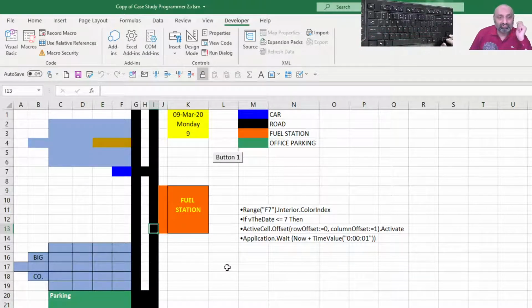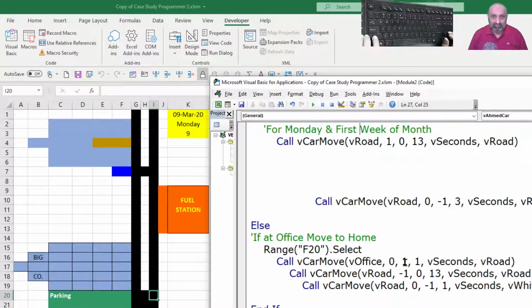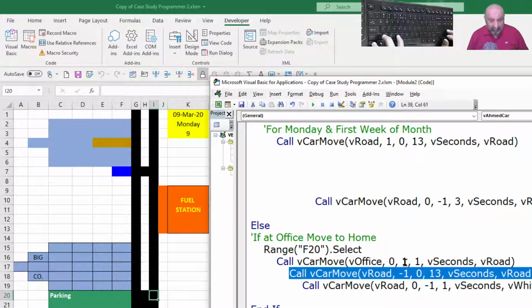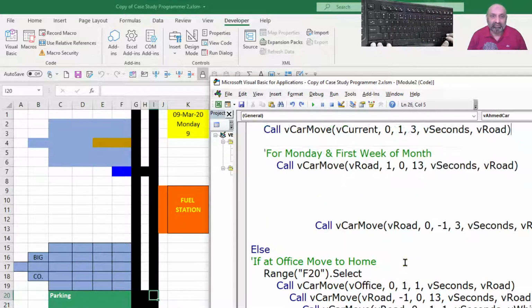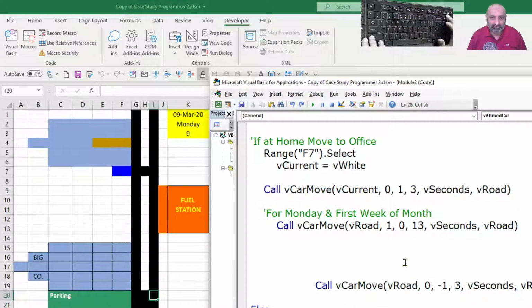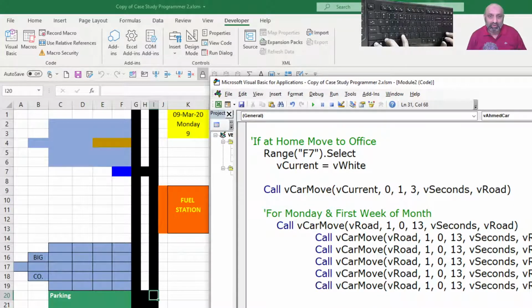Okay, so these are 5 steps we need to break down. Then it will be 1, 2, 3, 4, 5, 6, 7. So it is going to be 6 steps. These 13 steps need to break down into 6 steps. So what is this? Oh, I am doing it at the wrong place. It has to be here. Control C, Control V, Control V, Control V, Control V, Control V. 1, 2, 3, 4, 5, 6.